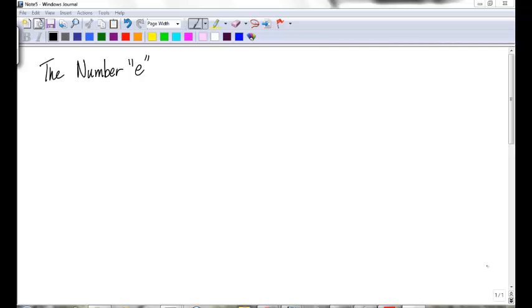Okay, so this is all on the number e. We started talking about this yesterday. Pi, we said, is approximately, and they might use that symbol or this symbol for approximately, 3.14. 3.14159 is usually the value. And e,